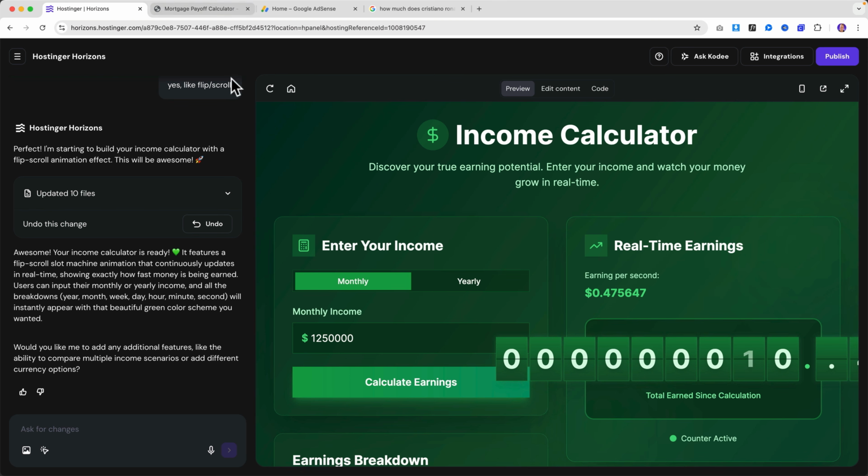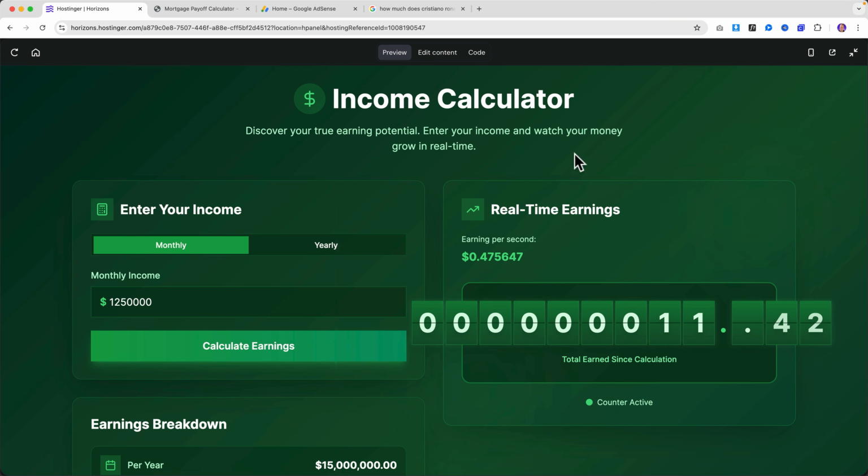16.76 million. So I say monthly 16.7 million. Calculate earnings. So he's making $6.03 per second. So there it goes. Since I said calculate, this is how much Cristiano has made. $50. This is so cool. So what I see over here,